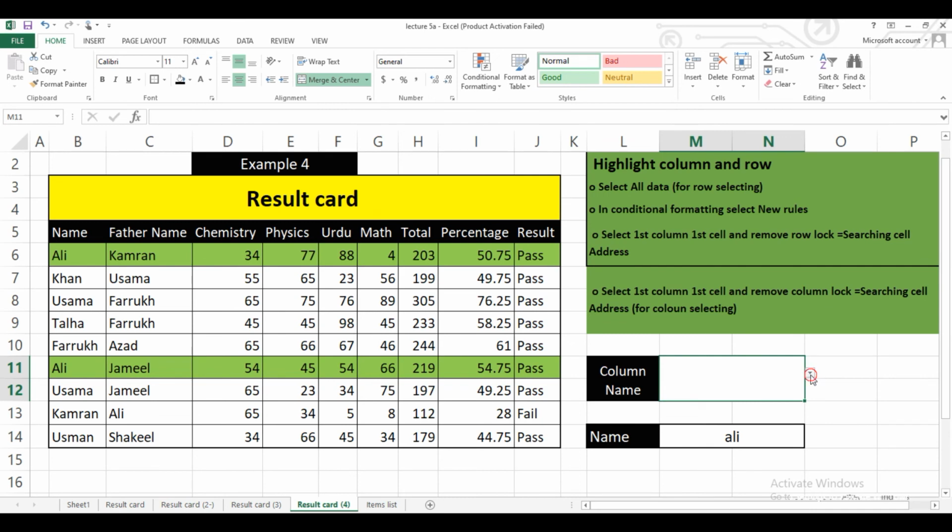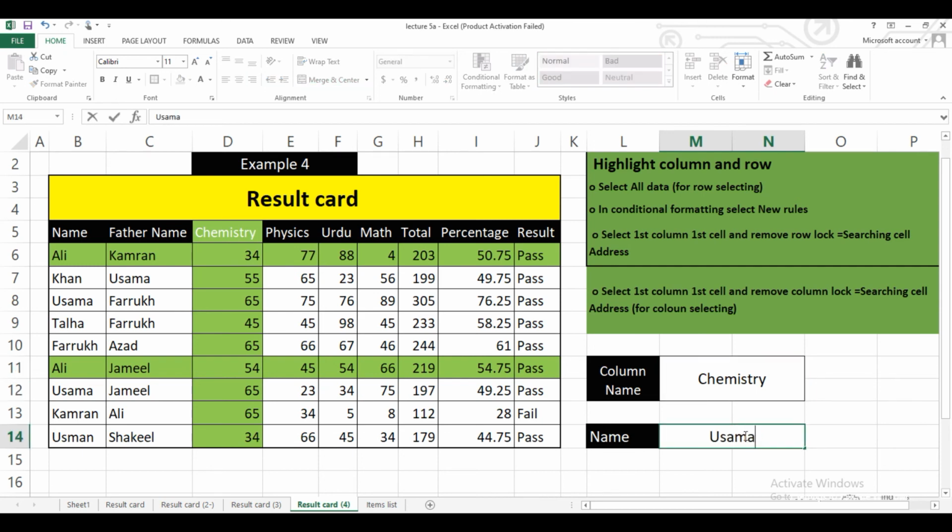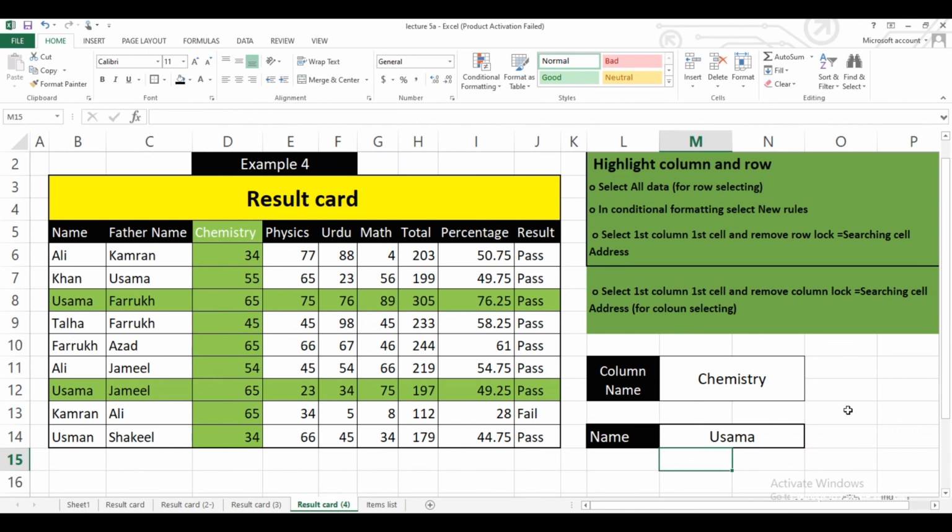When you select any column from here, for example chemistry, and name, it will select column chemistry and name Usama from entire records, and if you change the column name,